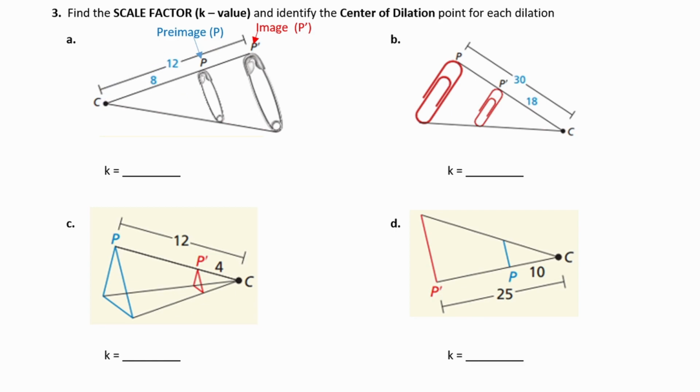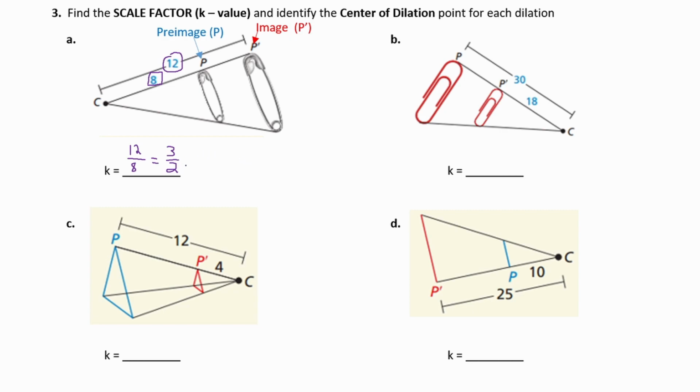Now if I compare my final image, this length of 12, which goes from my center to the final image, to my original, which is 8, then that's going to give me my scale factor. I'm going from 8 to 12, so I can take the 12, which is my final image, divide it by the distance that corresponds to my pre-image,